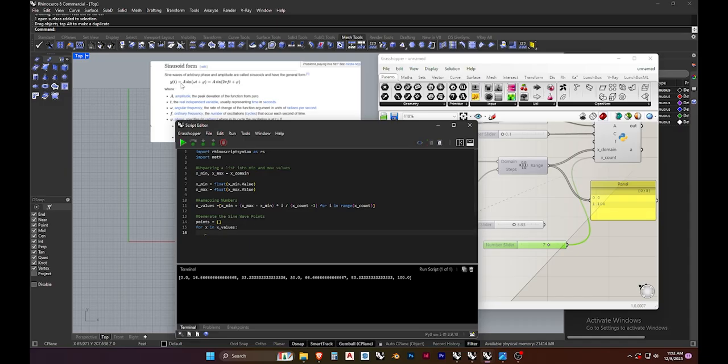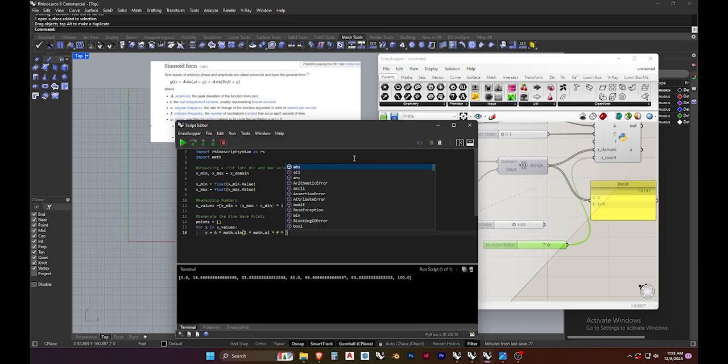Now we'll put this formula I was showing you all along: a into math.sin of 2 into math.pi